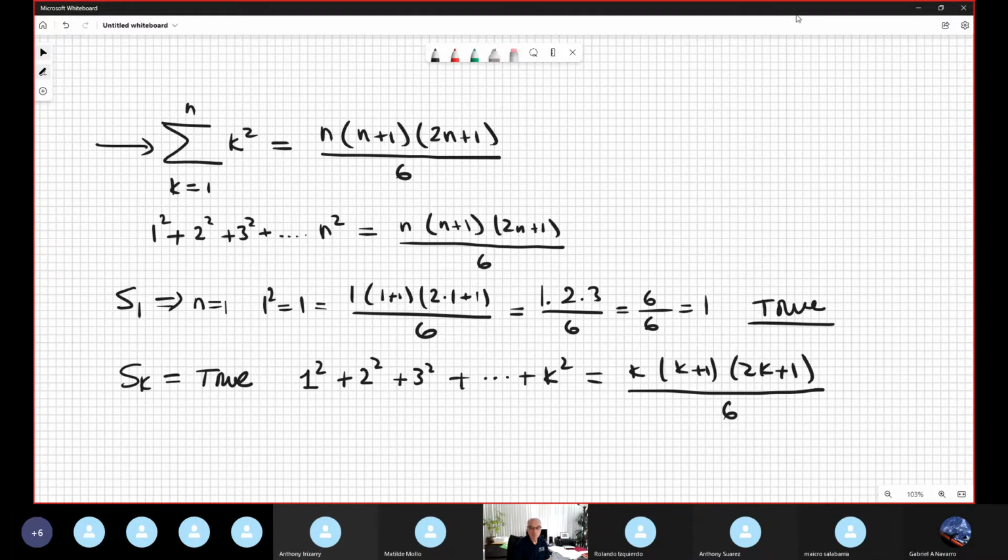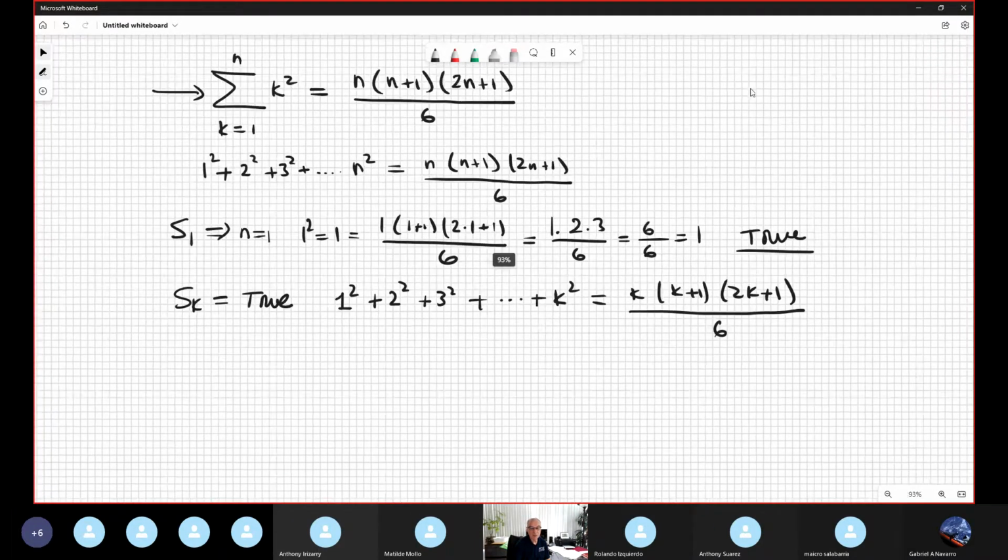Okay. Now I try to investigate the next one, which is X sub k plus 1. I put 1 squared plus 2 squared plus 3 squared plus ... plus k squared plus k plus 1 squared is equal to